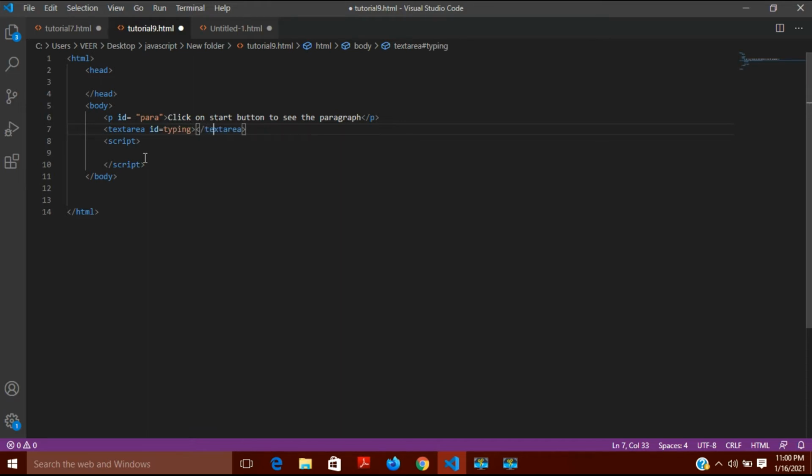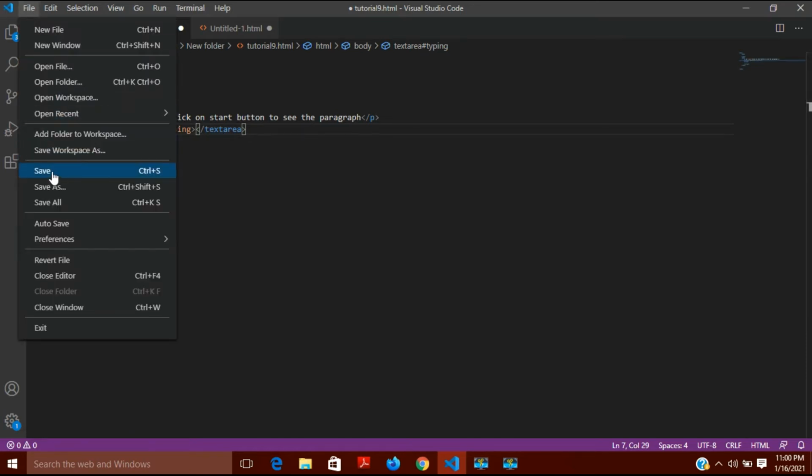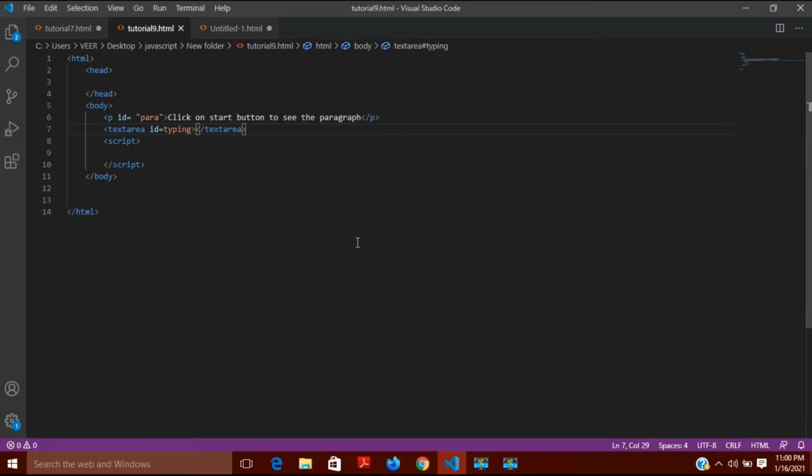After that, just see what you have done so far. I'll click on save. Here you can see that I have written: click on start button to see the paragraph, and the text area has been created.